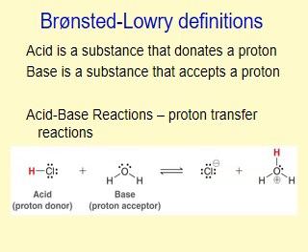There are several definitions for acids and bases. We will not focus on the Arrhenius definition, as it concerns acids in water, and we do not typically work in an aqueous environment in organic chemistry. So the first definition we will use is the Bronsted-Lowry definition. According to Bronsted-Lowry, an acid is a species that donates or loses a proton, whereas a base is a substance